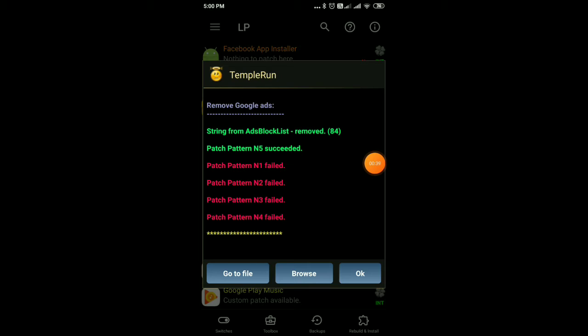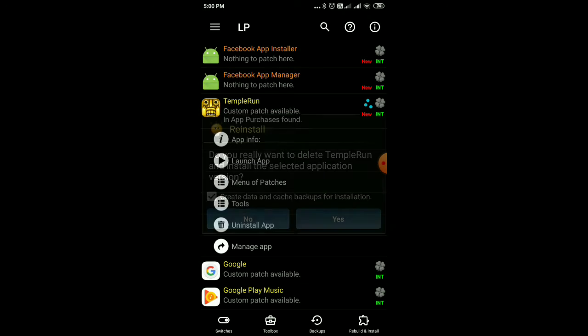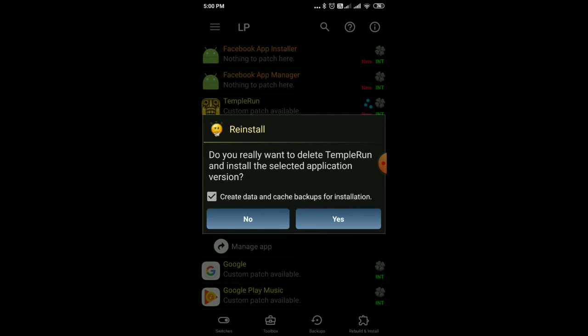Now usually this patching or hacking process takes about a couple of minutes on most Android devices. It can take more depending upon the speed of your Android device, the processor speed of your Android device, as I said previously. Once this is done, you need to press on go to file and then press on reinstall, because we don't want two games or applications with the same name, right? We don't want two split applications or two split games on our Android device. We only want one. So then I'm gonna press on yes to start the installation.